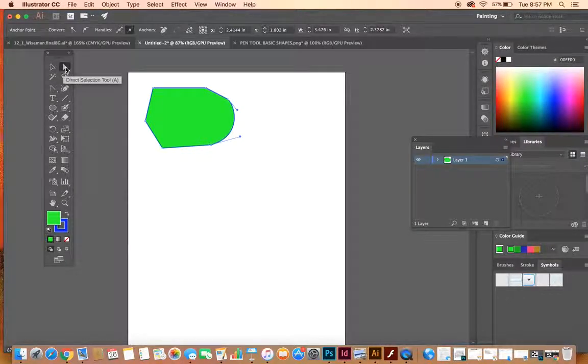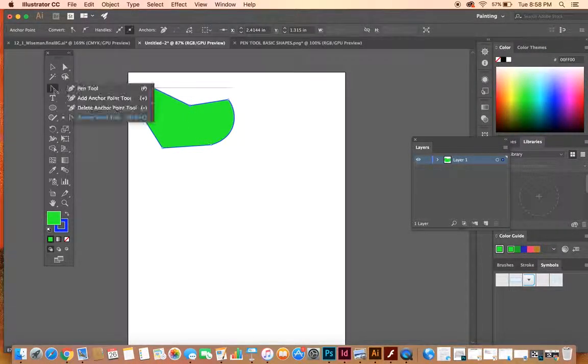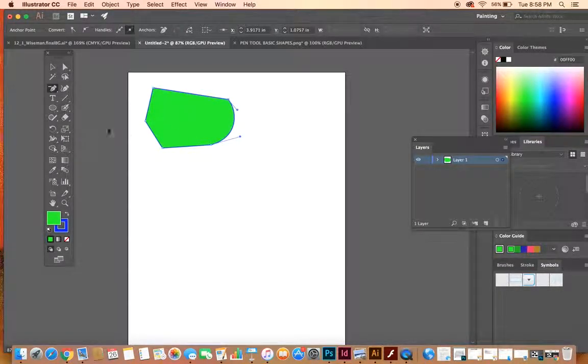Using my direct selection tool, right, your move tool will move the actual shape. Your direct selection tool will move each specific point, right? We did talk a little bit about this in Animate, because Animate has similar features, but these in Illustrator, I feel like, are better for detailed drawings and images that you'd like to create. If I wanted to get rid of a point, I can hold down the pen tool and go to delete anchor point, and it will delete a point. If I wanted to add a point, I can add an anchor point anywhere that I would like to